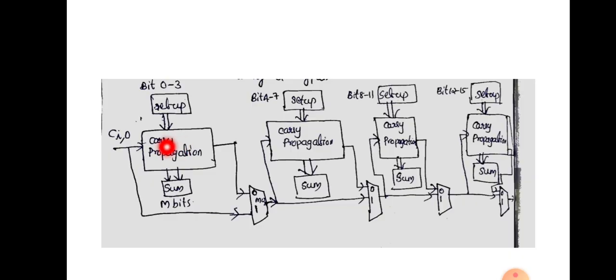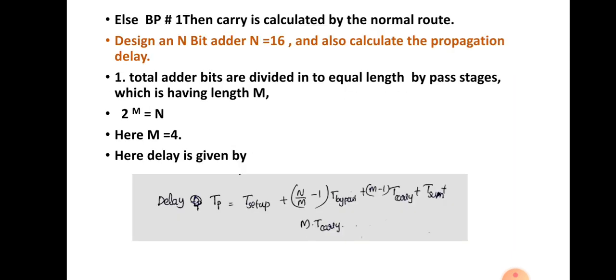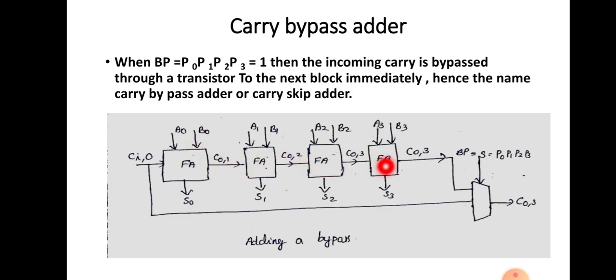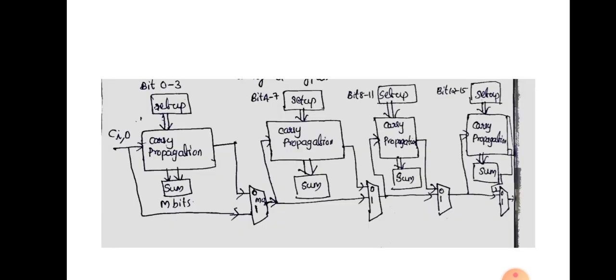So it will calculate C0, C1, C2, C3, like that, and also the final result, the sum, which will have m bits, that is a 4-bit sum, and the input carry is given to this carry propagation circuit. What does this carry propagation circuit include? It includes 4 full adders, you know. Actually these 4 full adders represent the carry propagation, because carry propagation occurs here. Input is given to the setup portion, and the final sum is given to this portion. That is m bits. Then the output carry comes out like this.